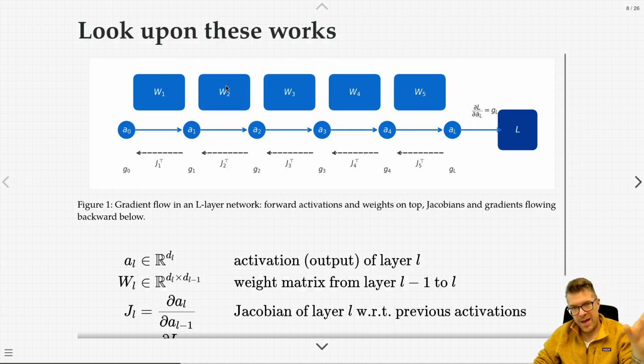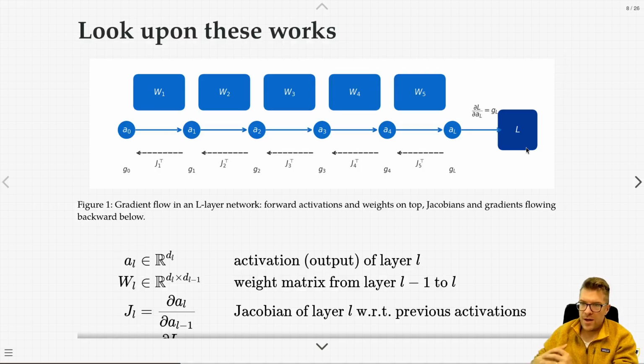activation. We multiply that by a matrix, add a bias, pass it through a nonlinear function. This gives us activation at layer 2, and so on, all the way until the very end, the last layer, big L, where we compute our loss. And now we're like, well, I want to figure out what caused this loss. To do that, I need to compute gradients, and I want at some point to understand the gradient of the loss with regards to my inputs, and I want to push these gradients all the way back through this chain,